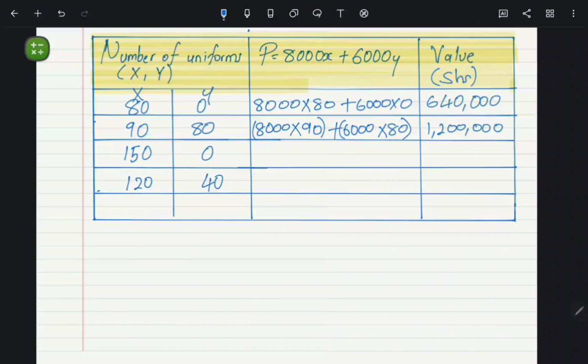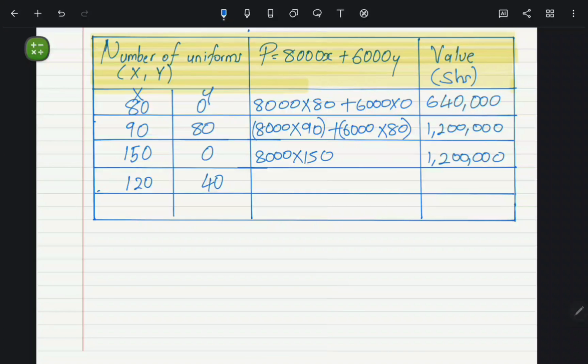So now we go to our next one. Here we are going to have 8,000 times the value of x here, which is 150. What we are going to get is 1.2 million as well. I did this earlier. The reason why I only chose these specific 4 points is because I want to show you that these last 3 values are giving you the maximum amount. Even if you pick any other coordinates on the graph above, you're going to find out that all of them are less than